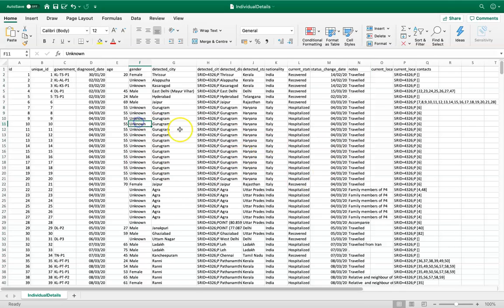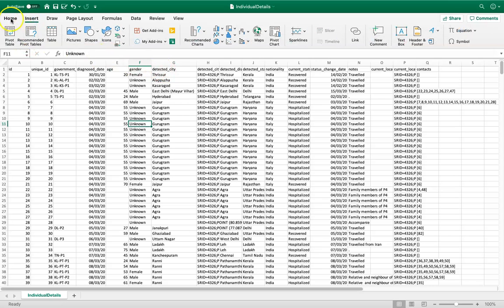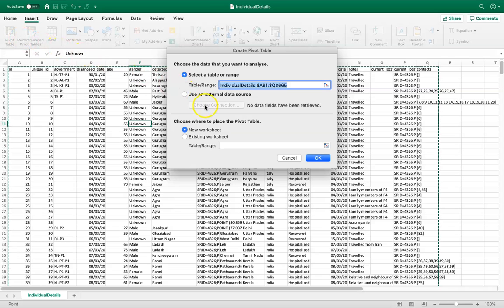Now, the first step is to create a pivot. So you have Insert, that is the tab you will go to. If I click here, you can see the first option is Pivot Table. So I'll click there. As soon as I click the pivot table, a few options come up. Select a pivot table range, and if you see, there is a moving line